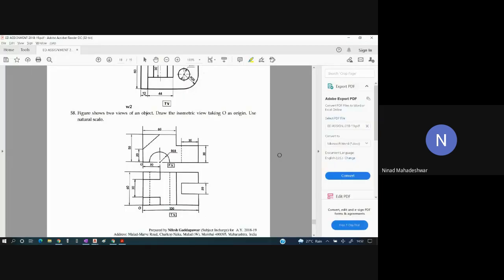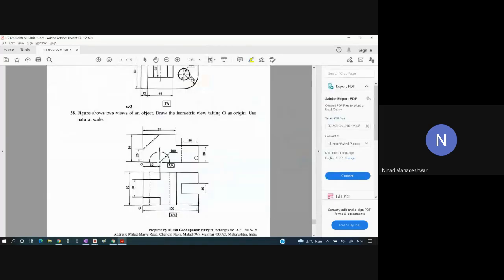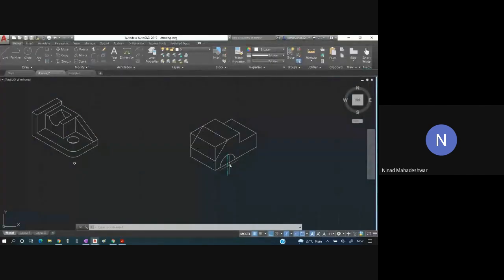Okay, after this, what you have to do? We have to look at the front view. First of all, this entire slot is there for the semicircle. That means this line should be trimmed. Understand this part. This line which is there inside, that should be trimmed. So let us trim this because this is a slot of semicircle. This should be trimmed. This should be trimmed.